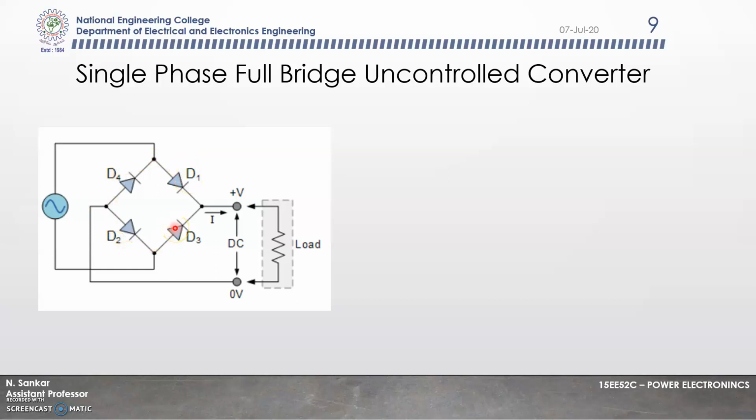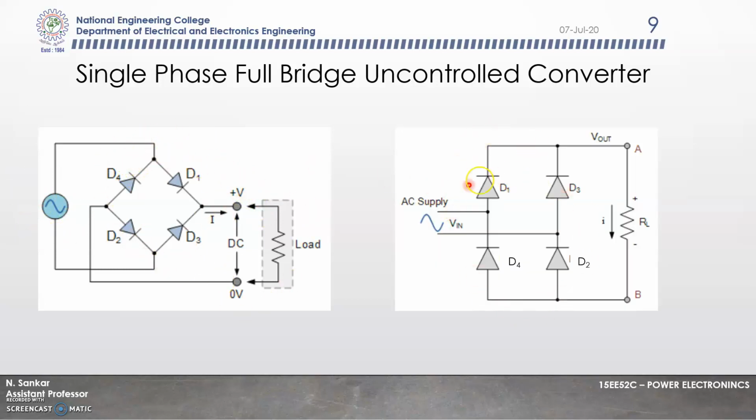That's why we are telling this is uncontrolled. Based on the AC voltage, we will get a fixed DC voltage. So this can be redrawn like this. The topology of both is the same, but the circuit is redrawn. Here we are connecting this as a bridge, but in this circuit we change the topology. Sorry, the connection is all the same.